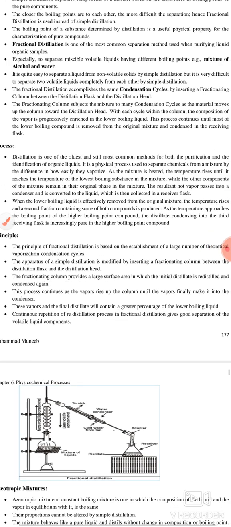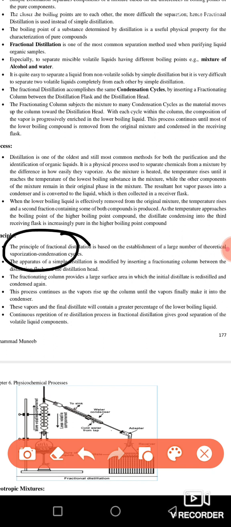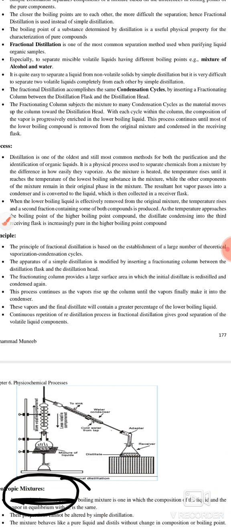Now we see the principle. The principle is based on the explanation of a large number of theoretical vaporization and condensation cycles. So vaporization and condensation cycles are the principle of fractional distillation. The apparatus for simple distillation is just modified by inserting the fractionation column between your distillation flask and